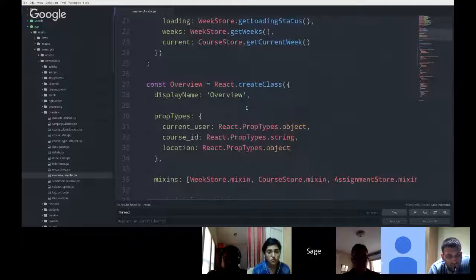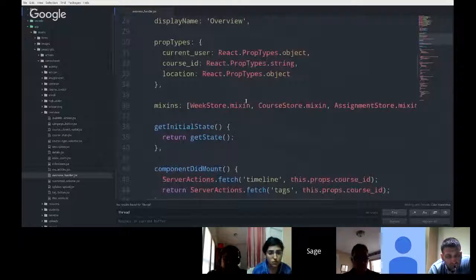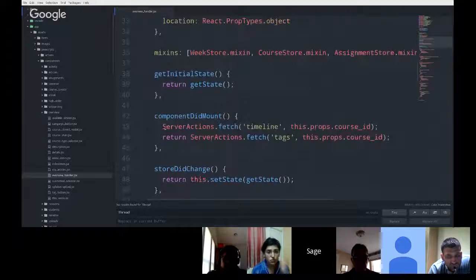The first thing that this does when it routes is that it doesn't have any data. It doesn't know what to display. And so it launches some server actions. These trigger some AJAX calls that go off to the server and hit some JSON endpoints on Rails. And once these resolve,